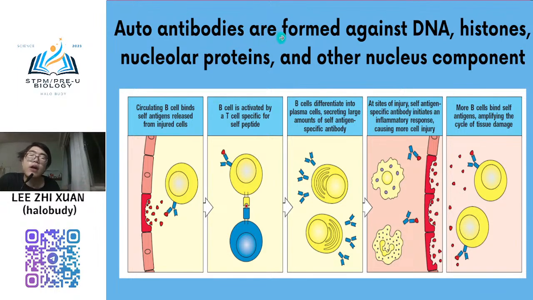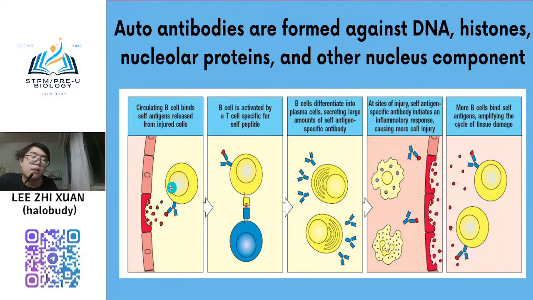Okay. So normally this antibody is against your DNA, against your histone, any nucleus component. It will attack your nucleus. Kalau dia tengok nucleus tu, dia attack je. So you see this diagram. This one is a B cell. Because of your autoimmune disease, there is some problem. So your B cell now secretes antibody, and this antibody will attack your own tissue.